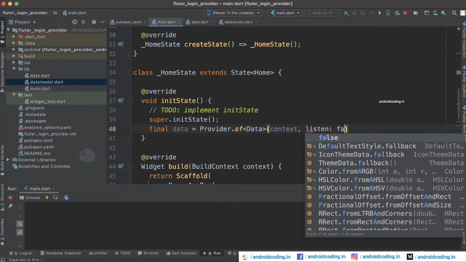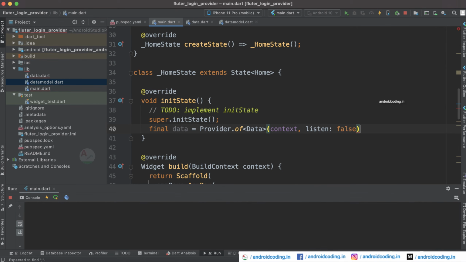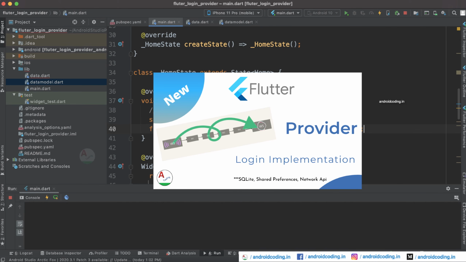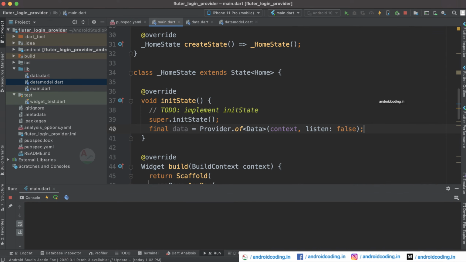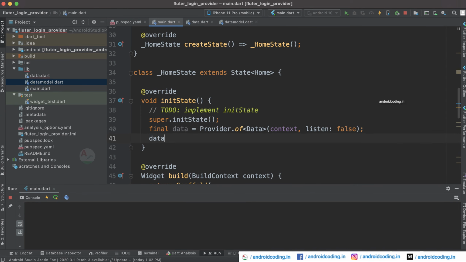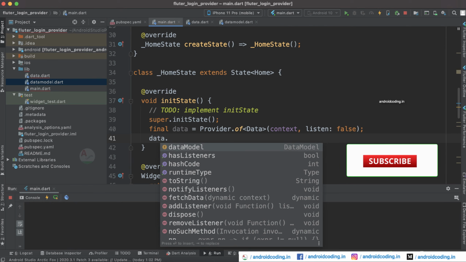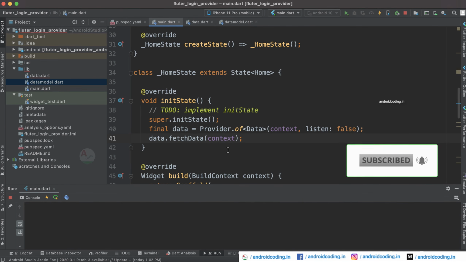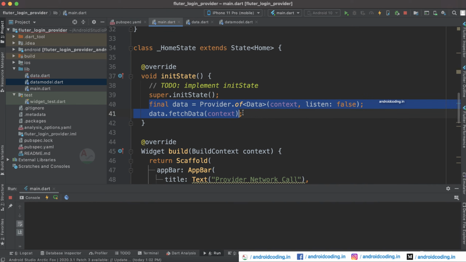Why we are specifying listen false, I have explained in the previous tutorial, so you can go through that tutorial to know the exact usage of listen being false here. And with the help of data, let's call fetch data here by providing the context. So this will make the API call on the app startup. So we have provided it in the init state.